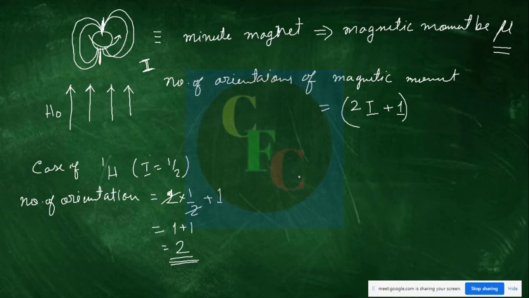Suppose, let me draw it in the next page. Suppose your magnetic nucleus is here, and suppose it is spinning. You don't know in which direction the magnetic nuclei are; they are oriented in every possible direction. And you are applying the magnetic field in this direction. So the magnetic field, your external magnetic field, is in this direction, and suppose the nucleus is spinning this way.